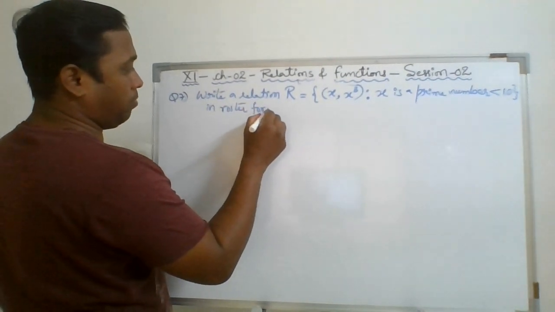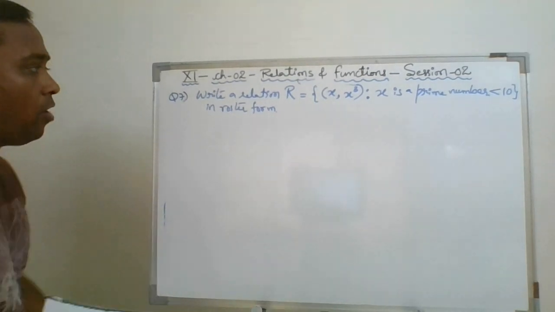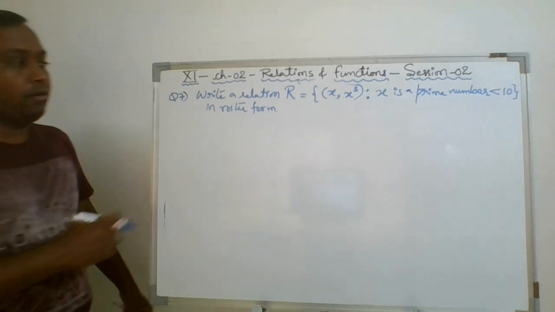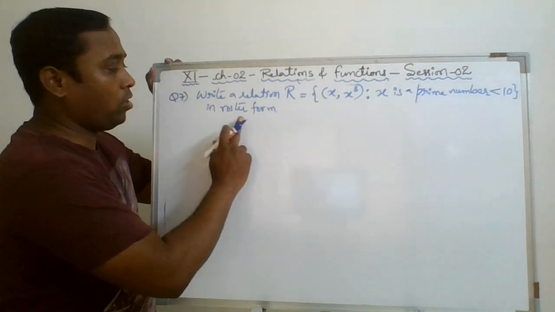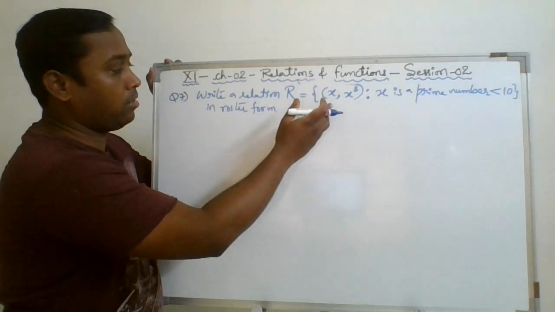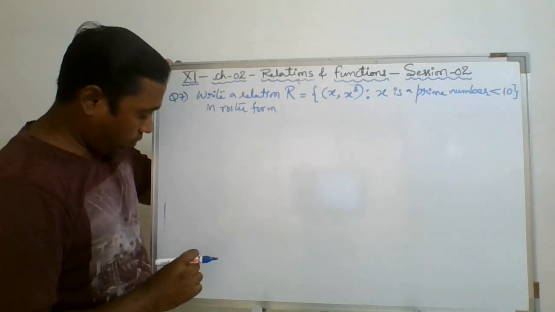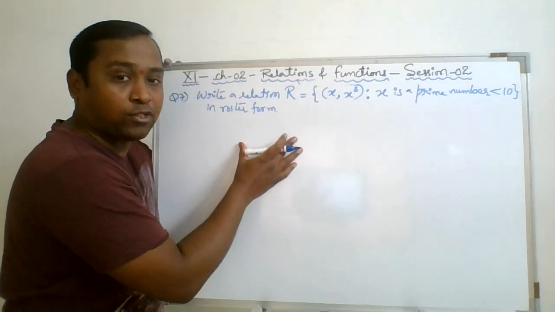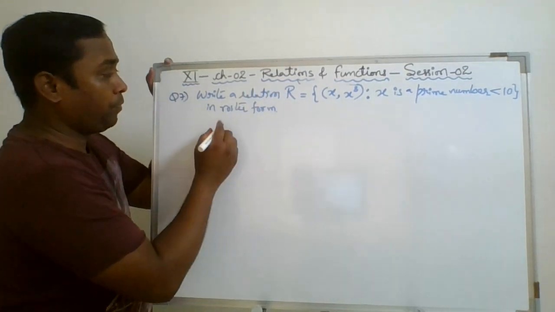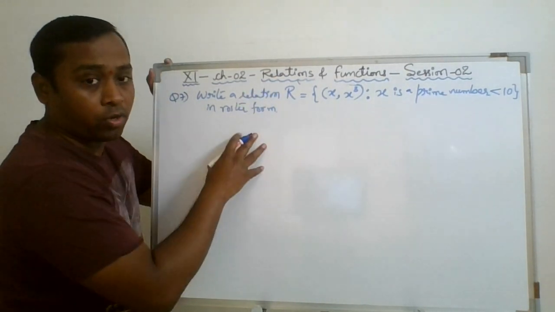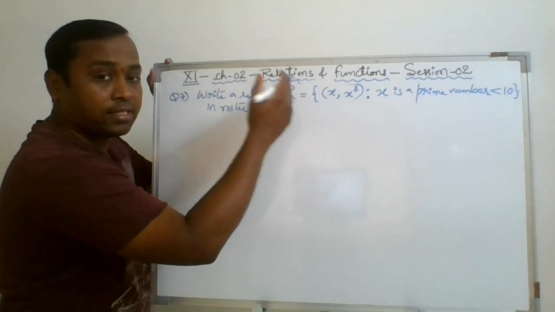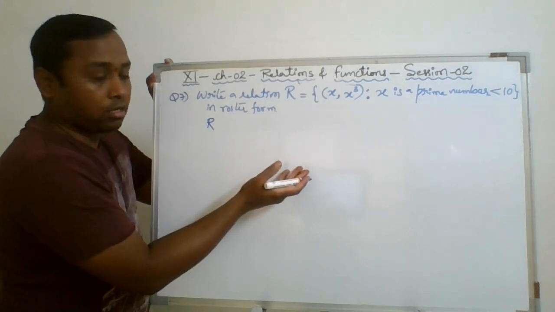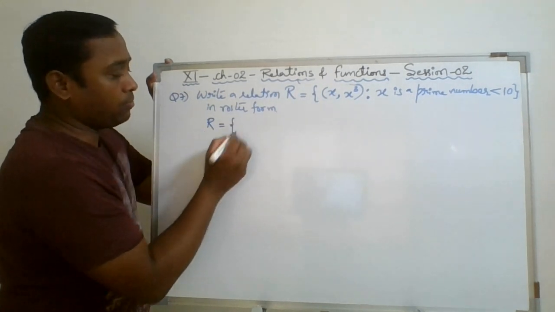See, very simple. Which form of relation is given to you? Set builder form. And what they are asking is just to write the roster form. So simply we follow this condition and try to express this into roster form. See, there is no Cartesian product. So the relation is directly defined. Now, I am just writing one form into another form, just by observing things.